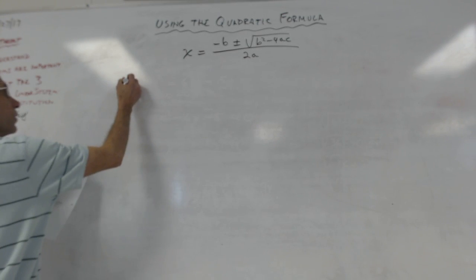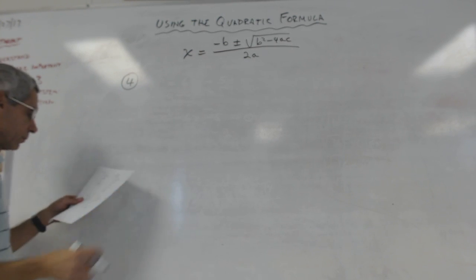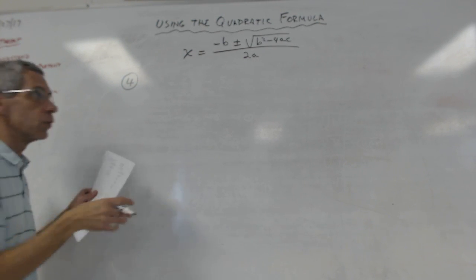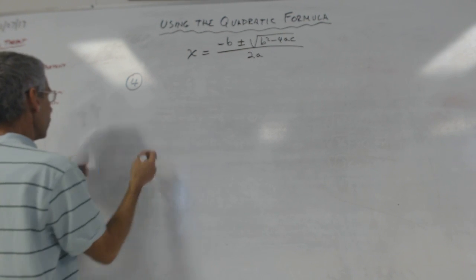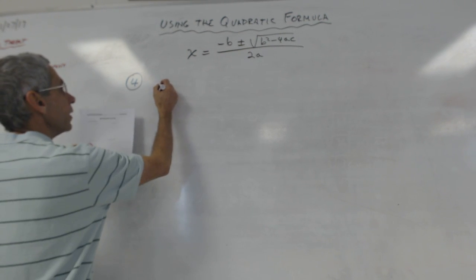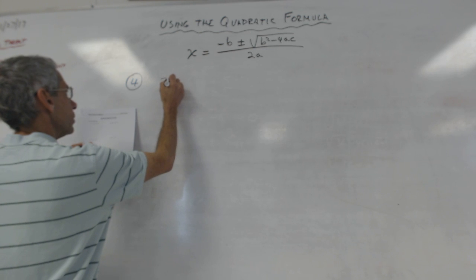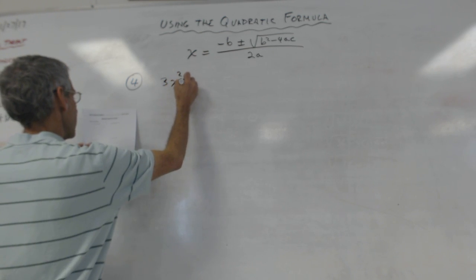Okay, so this is number 4, even though it's number 2. Right? It's number 4 on the homework. The other one's number 6 on the homework. Okay. Oh, wait. Number 4. Okay. So this one says,